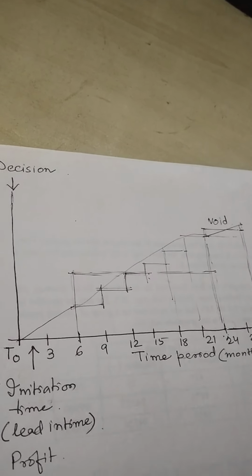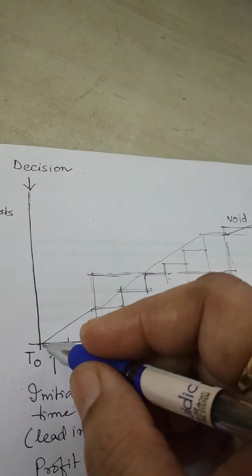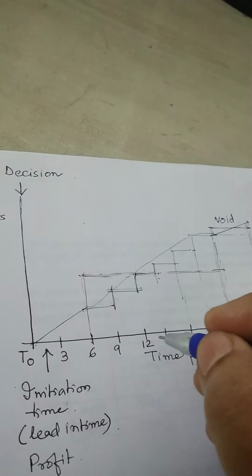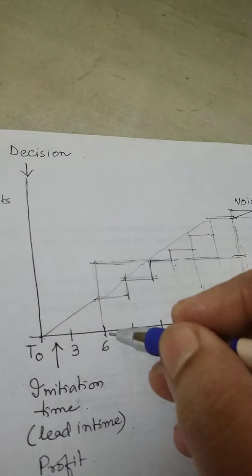Standing at time t0, you are taking a decision: if you take a project of say 2.5 years, you will require the first 6 months